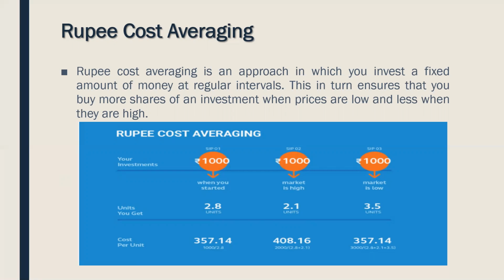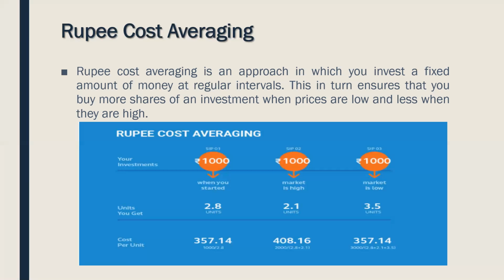At that time, the market was performing low. You were able to purchase more securities at less price. So you were able to get 3.5 units. So what is the cost per unit in your portfolio? You now hold 3,000 rupees worth of securities divided by 2.8 plus 2.1 plus 3.5 units, the total number of units that you hold. Total value by the total number of units that you hold will give you